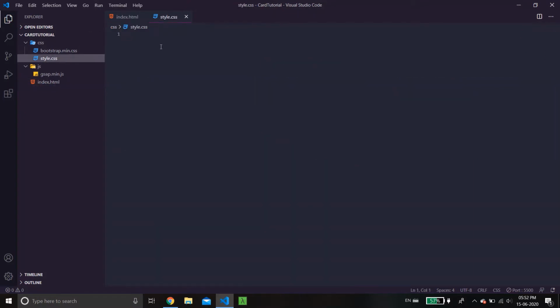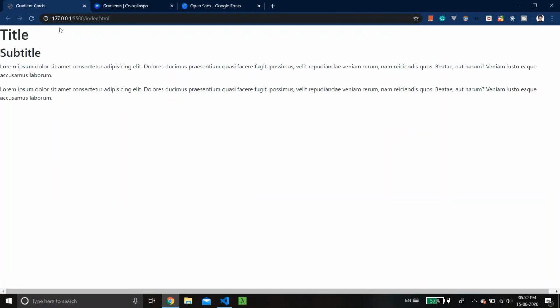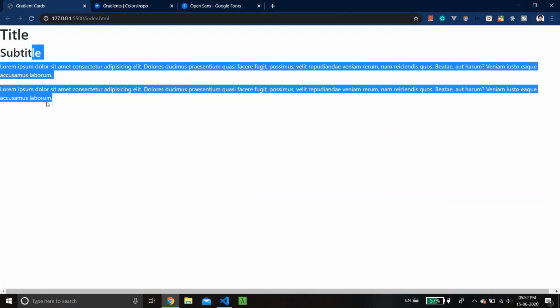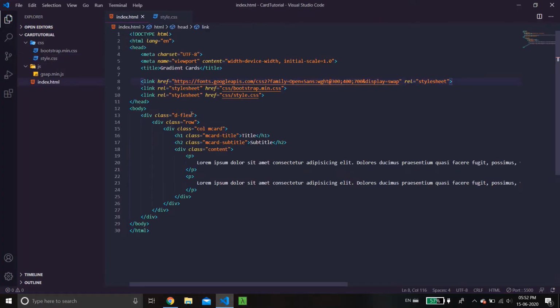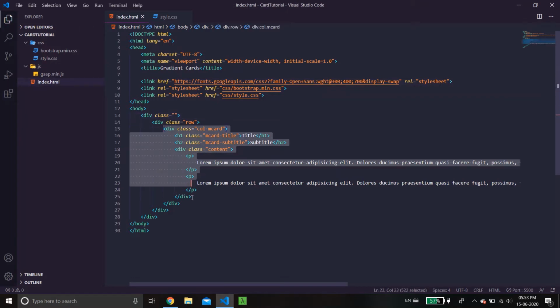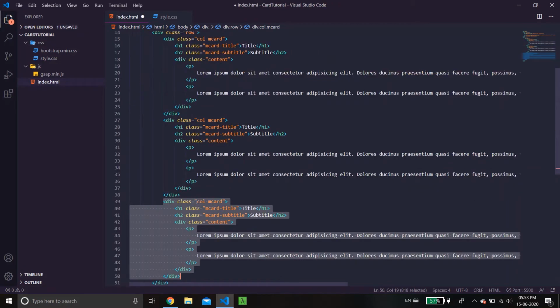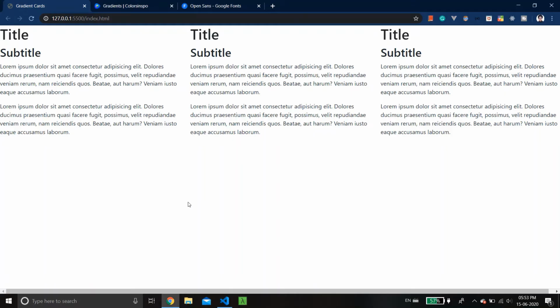In my style.css, first I'm going to remove the, let me just see how far we are. So we have the basic structure of a title down, and I'm going to remove the d-flex for now. I'm going to duplicate this column so it looks like this.